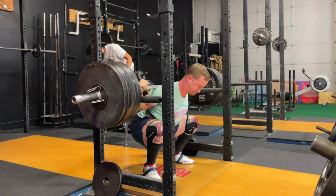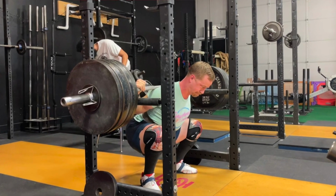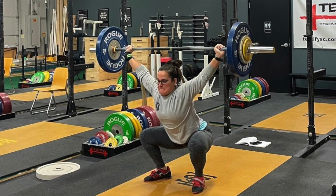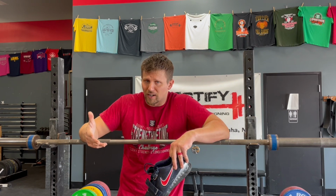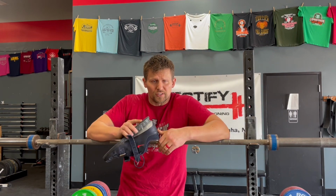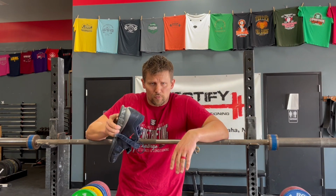If you've ever lifted in lifting shoes, you've squatted, deadlifted, snatched, cleaned, pressed, whatever, and you've accidentally started to maybe warm up in your regular shoes, like a Chuck, for instance. This will sometimes happen to some of our newer members. They might accidentally forget to put on their lifting shoes before they start lifting. It will feel like you're lifting on a pillow by comparison. It's much more squishy, it's much more unstable compared to the very good stability you get from this non-deformable rigid